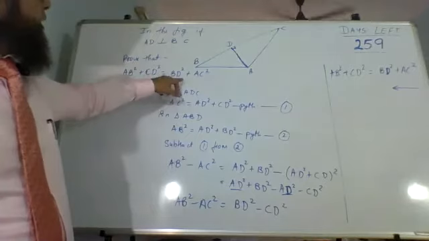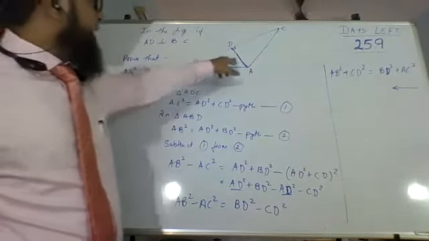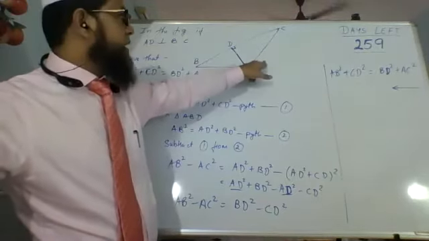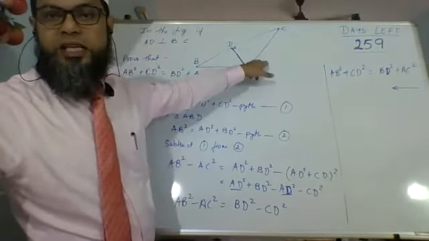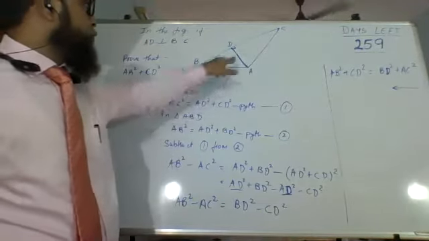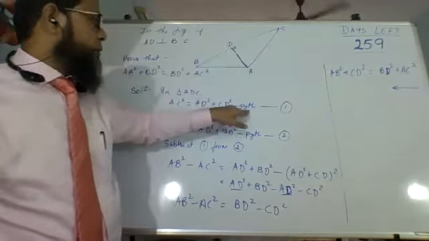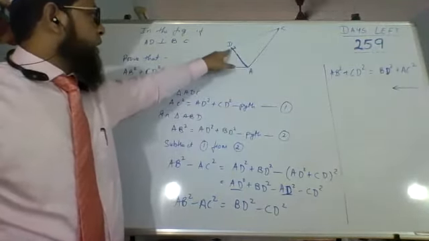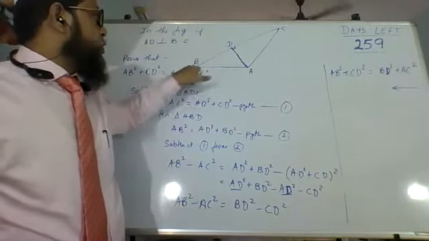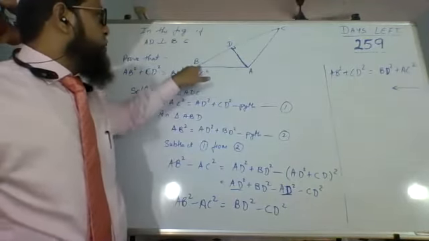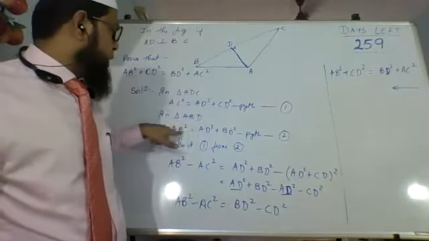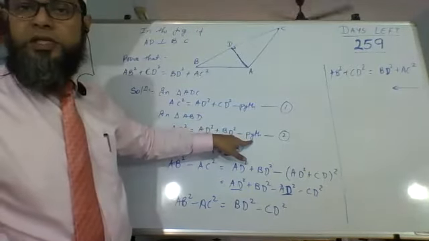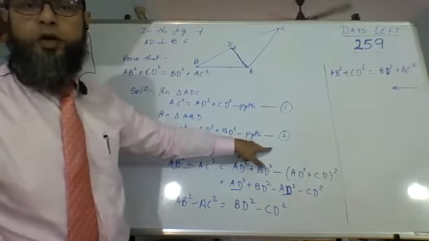Please understand. Till here, this is what we have to prove. Now look at triangle ADC. In ADC, angle D is 90 degrees. Because angle D is 90 degrees, AC becomes the hypotenuse, so AC square equals AD square plus CD square by Pythagoras theorem. That is the first. Then take this triangle BDA. Here also angle D is 90 degrees, so AB becomes the hypotenuse. So AB square equals AD square plus BD square. By Pythagoras, call it number 2.